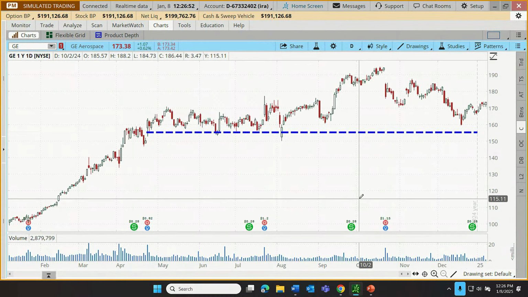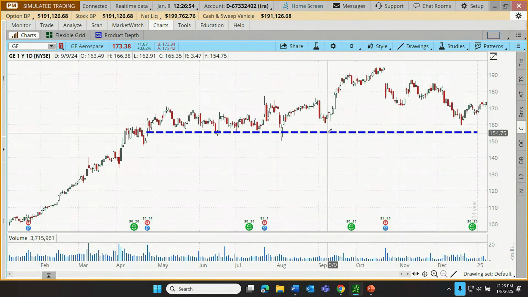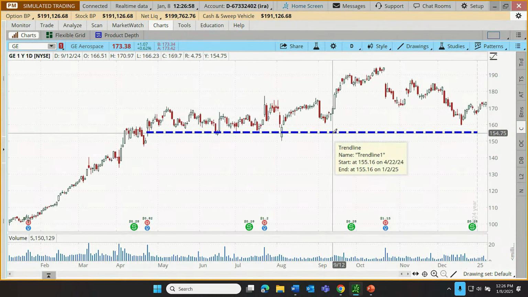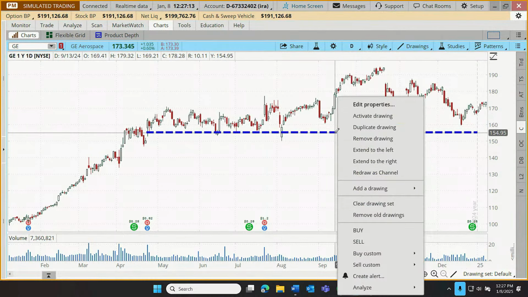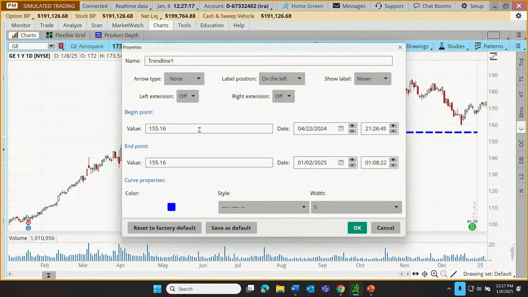Now, I kind of cheated because my line is already this nice, nifty kind of blue dashed line, whereas the default is going to be a thin, solid black line. That's because I edited the properties of this line and saved it as a default. So anytime we want to customize one of our drawings, we just make a drawing and then right-click on it, and we can edit its properties. So for example, maybe I want to change this from blue to black.